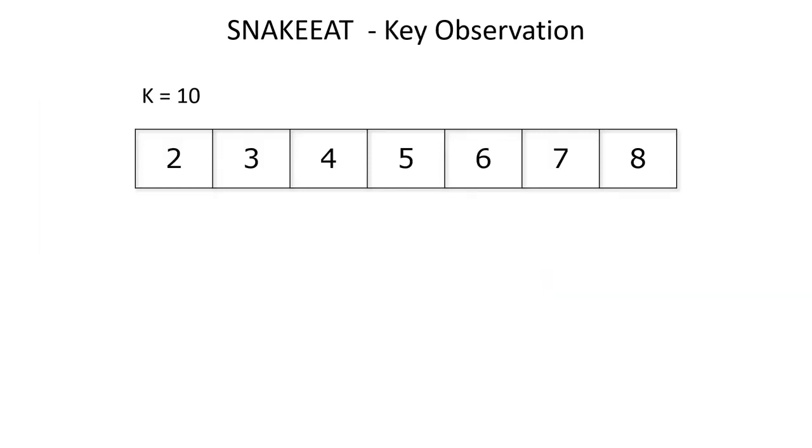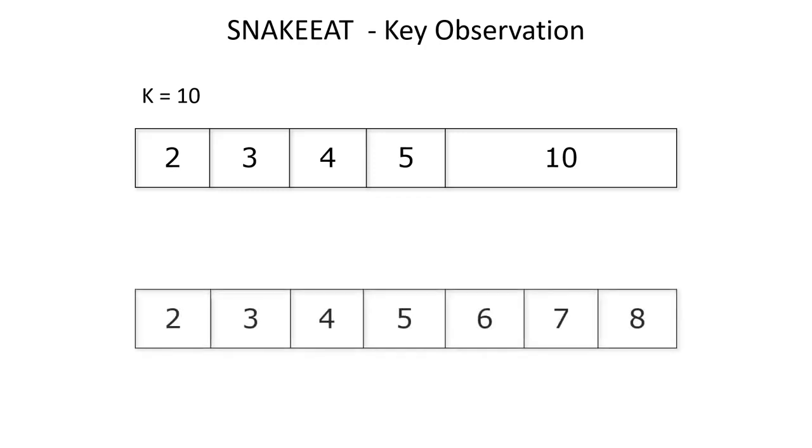Now let's dig deep into some approaches which will reveal the key observation in this problem to get the optimal answer. We have an array of size 7 and k with value 10. Let's allow the last snake to eat the second last snake. The snake's length increases by 1 and its length becomes 9. Again, let's combine the last two snakes, we get a new snake of length 10. Now notice k and the length of the last snake both are 10, and allowing the last snake to eat more snakes will not maximize our answer. Also, we have only 4 snakes left, and the minimum number of snakes required to make any snake of size at least 10 is 5 for the fourth snake, so it is not possible to further maximize our answer.